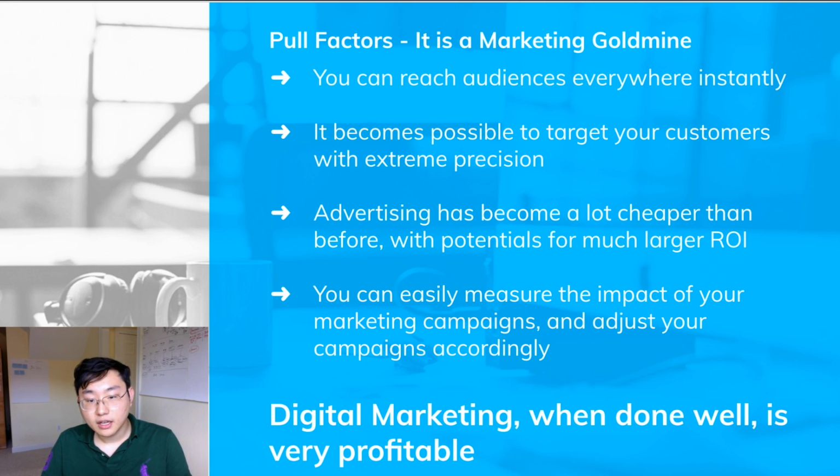And finally, you can easily measure the impact of your marketing campaigns. All the numbers I've said before for traditional channels are estimates. But for social media, they are actual numbers. You can literally run 50 to 100 campaigns at the same time and distribute your money across the board. And then only put more money in the campaigns that have shown you results in terms of customer acquisition or conversion. This is not accomplishable by traditional media.